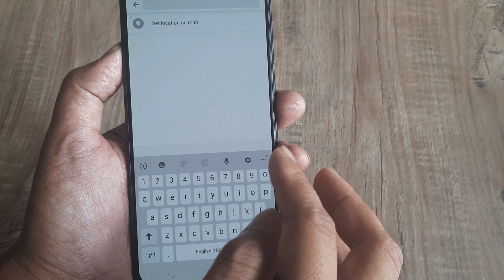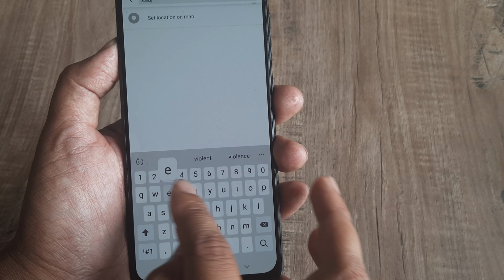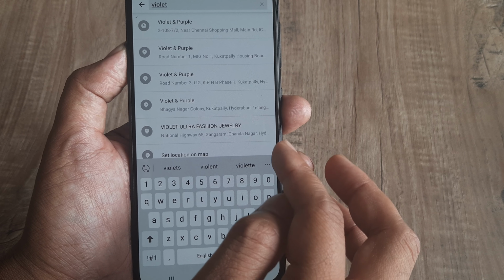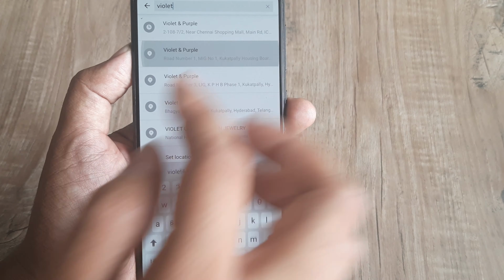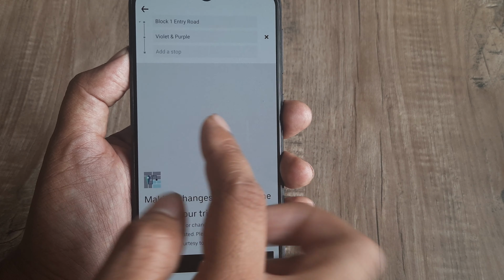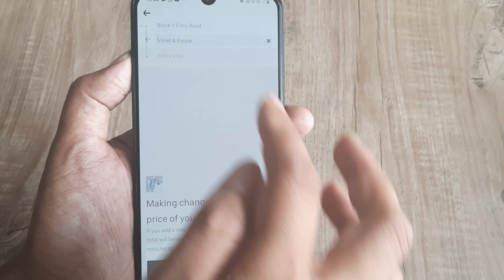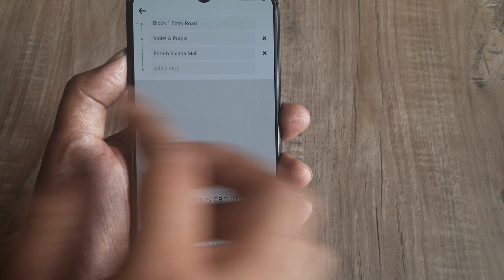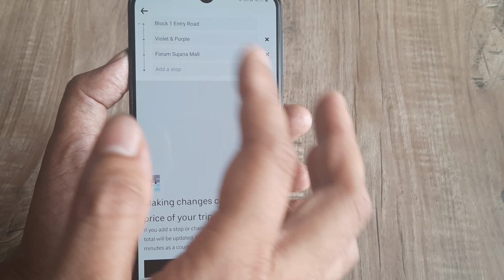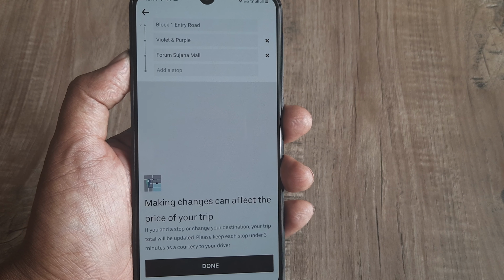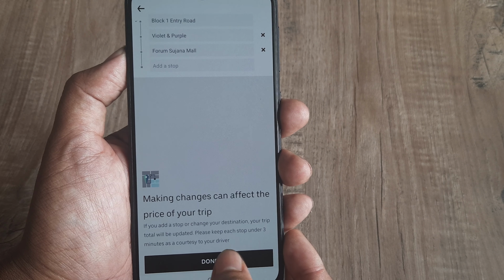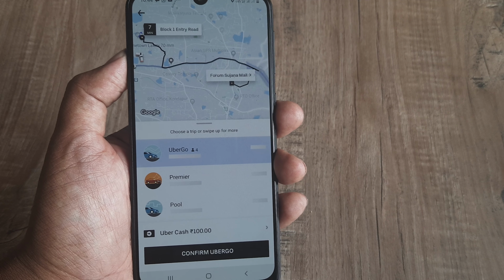So say I want to be initially taken to violet purple something. So yeah, this is the violet purple thing, and say the next stop is my final destination. So that is Forum Sujana Mall. I can still keep on adding, and wherever you stop is the final stop. So after this I could have done more, and then when I click on done, what then happens is